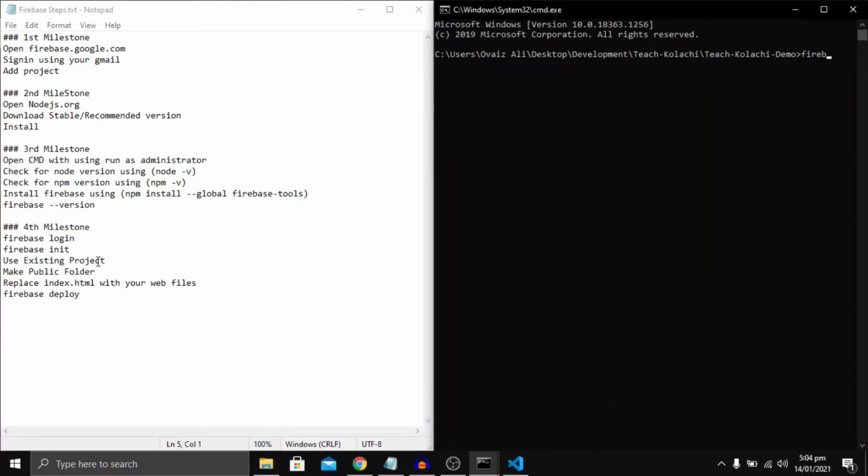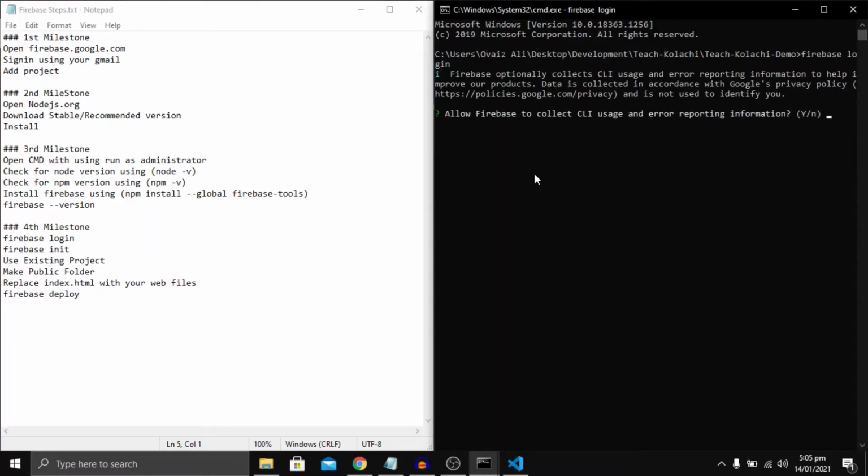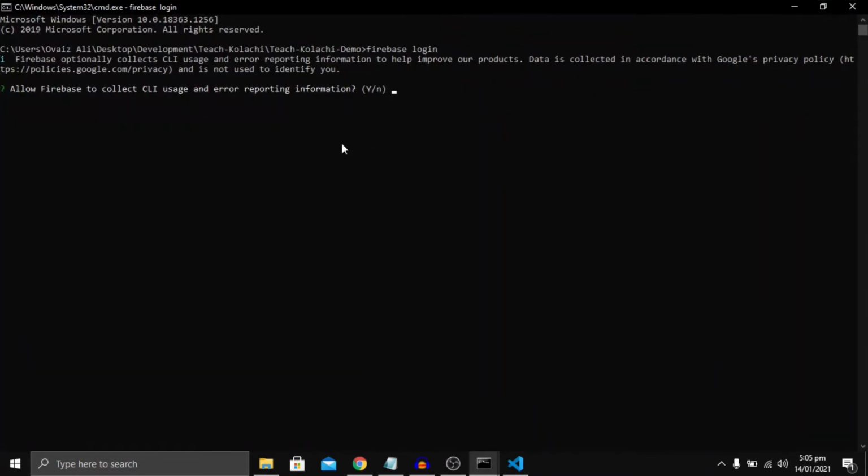Then we would write the following command: firebase login. It would ask you for the credentials to be added. So what it says is that allow Firebase to collect CLI usage. So you are going to go with the default yes.